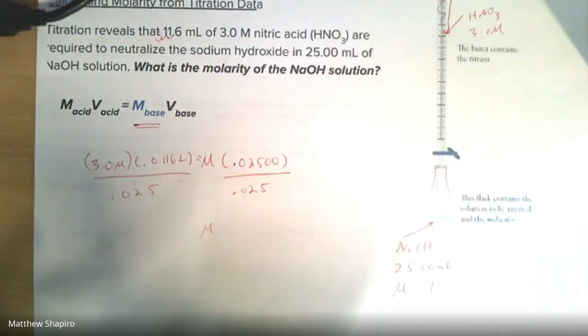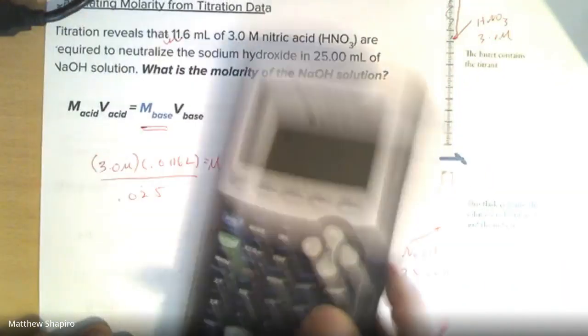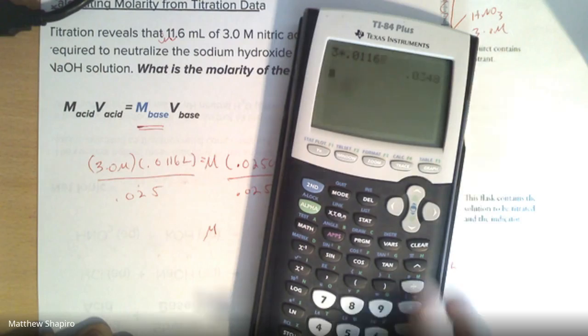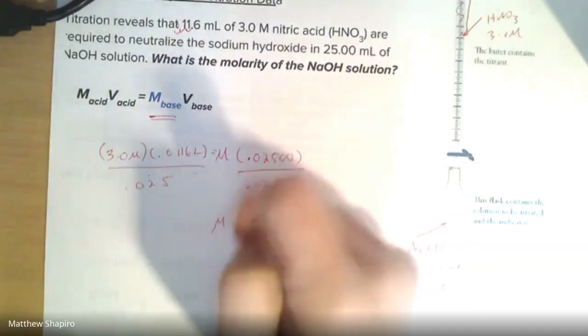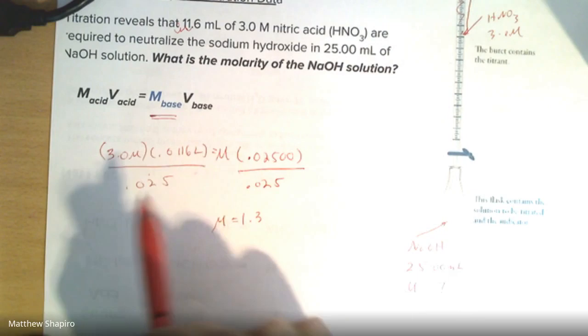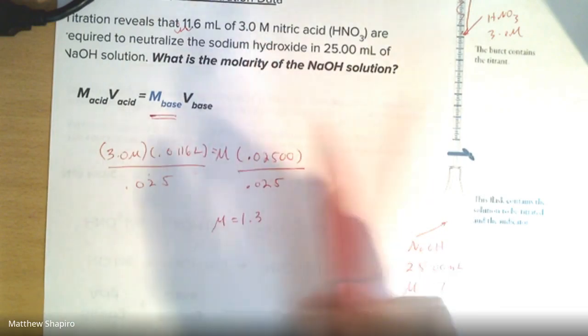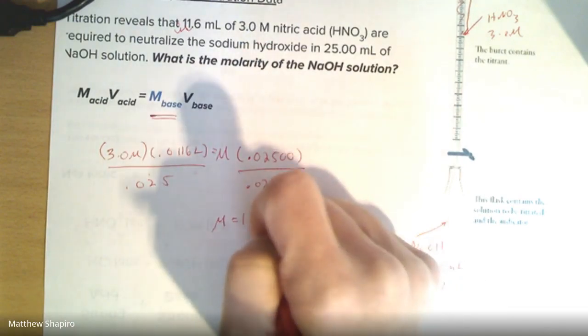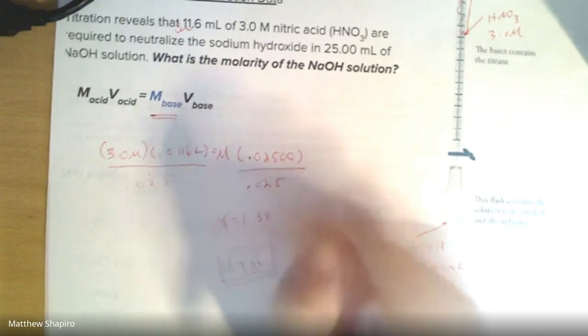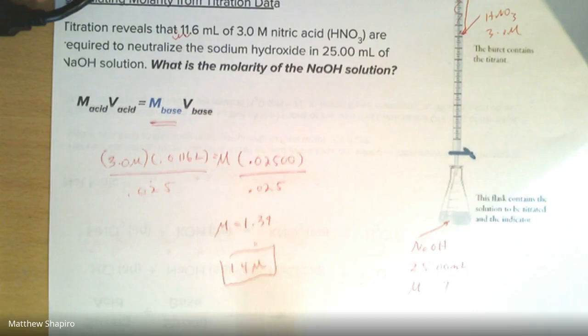So 3 times 0.0116 divided by 0.025 gives us 1.39. How many sig figs do we have? We only have 2 sig figs in the 3 molar. So 1.39 equals 1.4 molar. And just think about that number, make sure it makes sense, a common sense check,